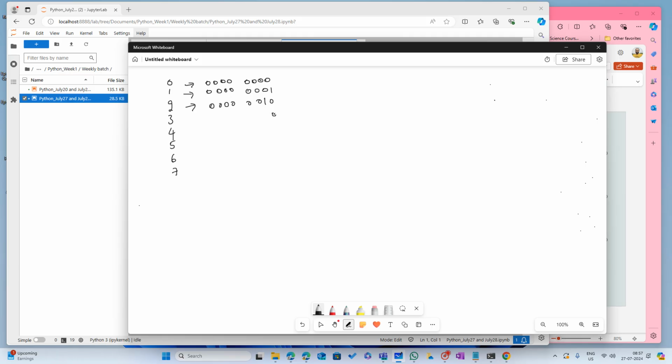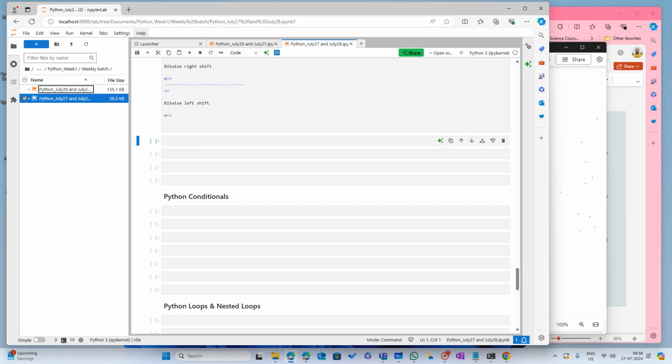This is 1, 1, 0, 0. This is 1, 0, 0, 0, 1, 1, 0, 1. This is 1, 1, 1, 0. This is 0, 1, 1, 1. And the rest is 0, 0 only. So this we already have understood and we already know. Now the operations, whatever the bitwise operators do, they do on these bits. At bit level. So each one is a bit, right? This is a bit, bit, bit, bit. So next is